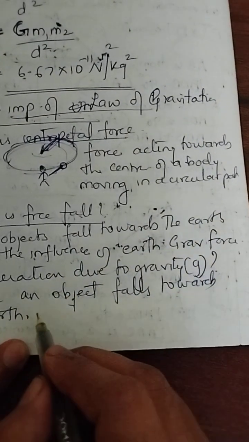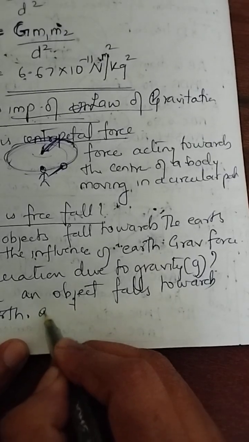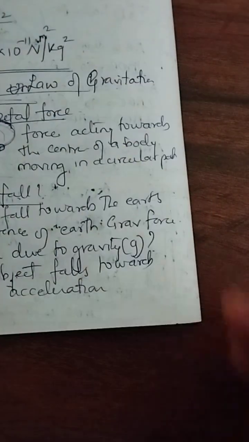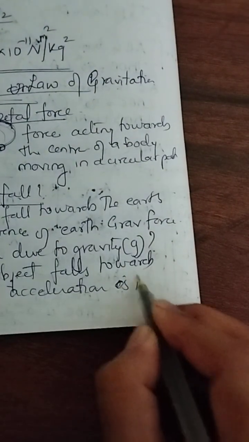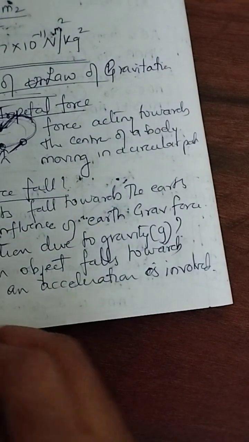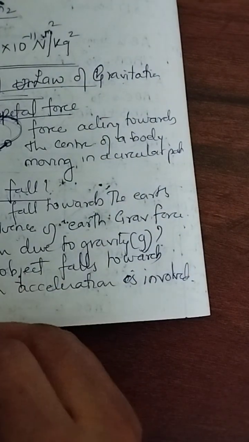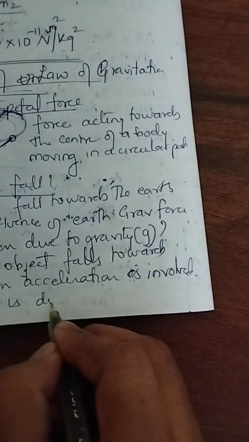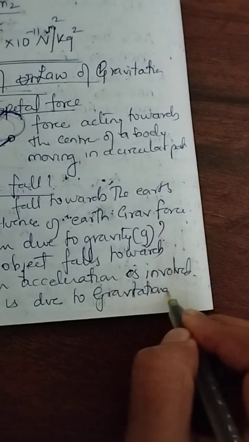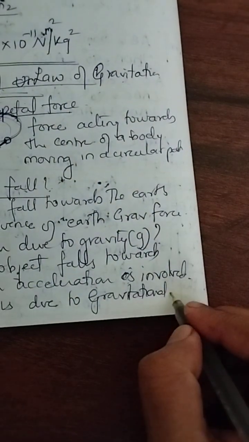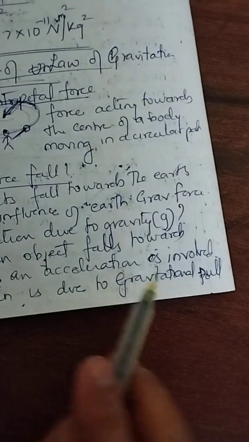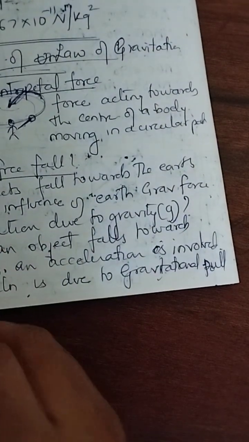When an object falls towards the earth, acceleration is involved, isn't it? They move down with a certain speed, so acceleration is involved. And why is this acceleration due to? Because of the earth's gravitational force. This acceleration is due to the gravitational pull, isn't it? That gravitational force is pulling that object. Since this acceleration is due to the gravitational pull, it is called